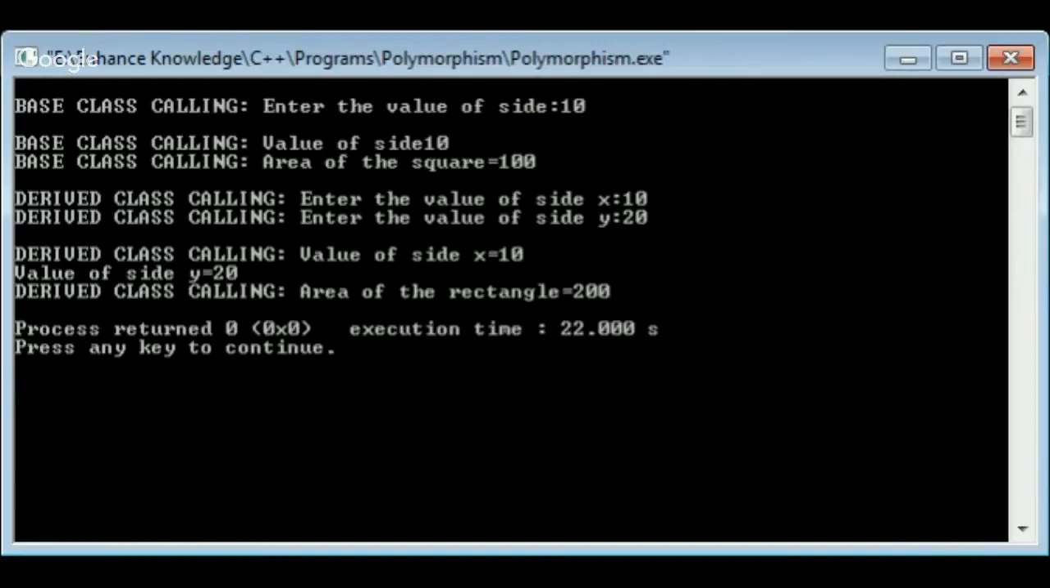Hope this tutorial helped you to understand the concept of polymorphism in C++,